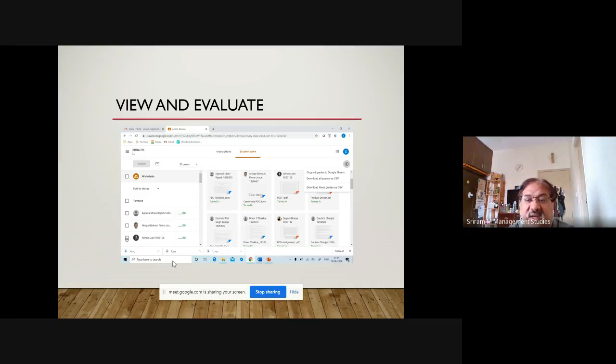Then you can put a comment for all, wherein excellent assignment, all points covered. Just giving you an example. Or if you feel that more improvement is required, you need not put it in the common one, just comment privately so that only that particular student will receive the comment.